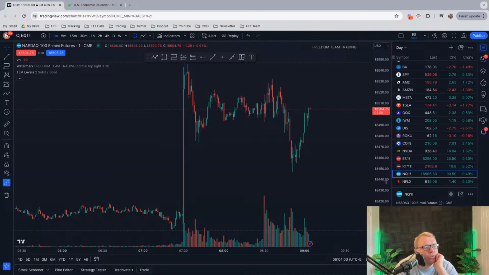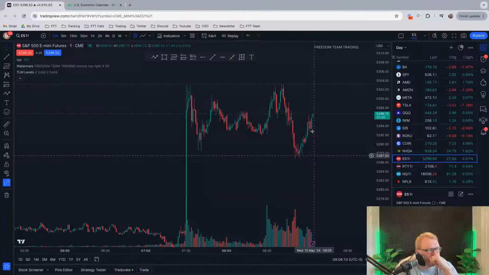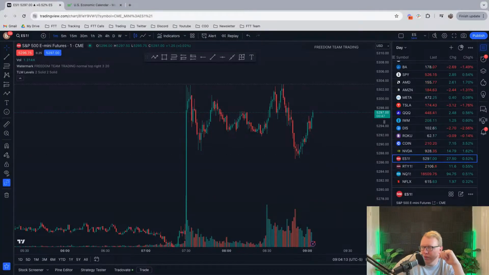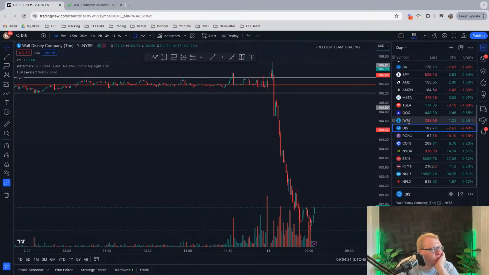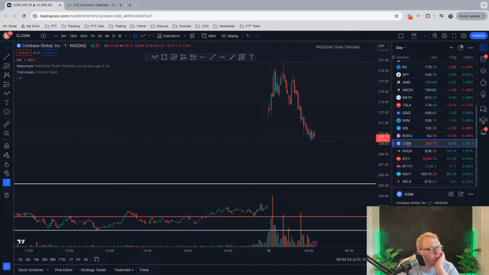Personally, I like QQQ shorts better than SPY, even though they typically move the same. I just like how we did this and where ES kind of did nothing. But again, I'm not a shorter. I'm a long guy. When it comes to supply and demand, I'll do both, but